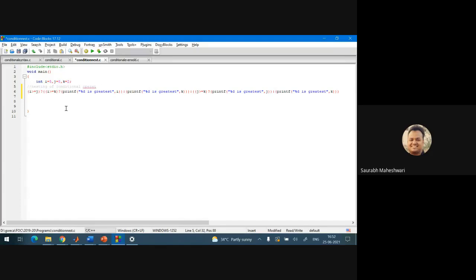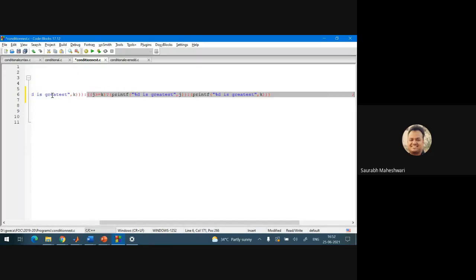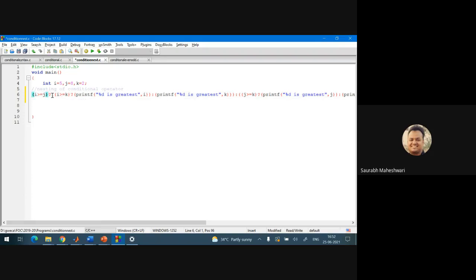We saw nesting of if, here this is nesting of conditional operator. So this is nesting 1, this is nesting 2, and this is the outer, completely outer if, outer conditional operator.